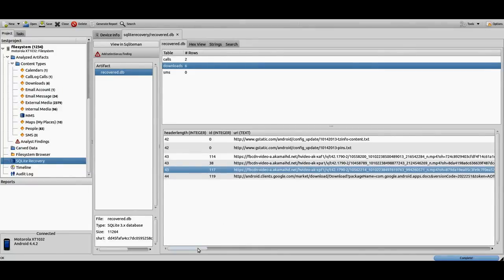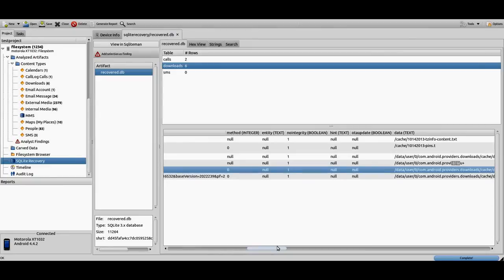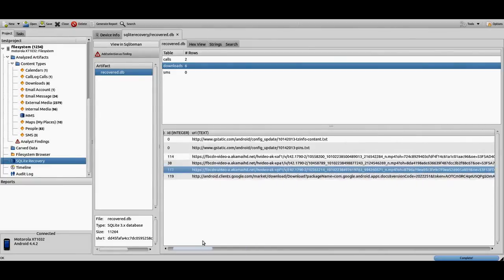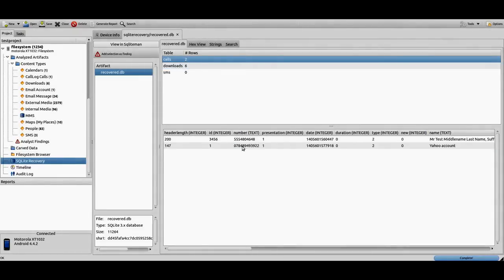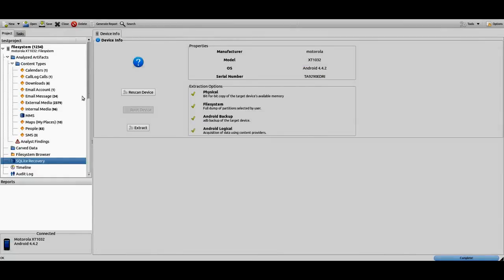And here I'm just briefly showing you the SQLite recovery tool. In this case I have some calls and some downloads recovered. This just gives you the information here. As it's recovered non-active data, it's not always as pretty as what you'll get in the analyzed artifacts or the content types, but that could be useful information still for you to